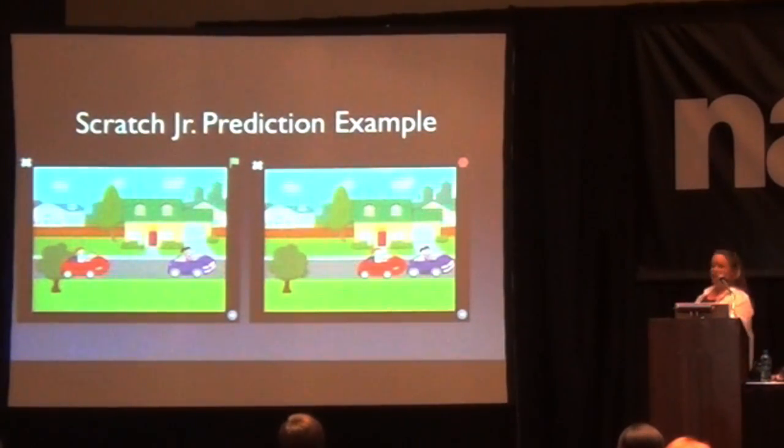And in this case, what they saw first, these are just screenshots, was just the image on the left. And I asked them to predict, what do you think is going to happen if you tap the red car? I had set it up so that the red car goes forward, I believe it was 5 or 6 paces forward, and it bumps the purple car, and then the purple car goes a certain number of steps forward. So we had them predict how far it went and those kinds of things. So again, they were familiar with the kinds of things you could do with the interface before we ever actually had them